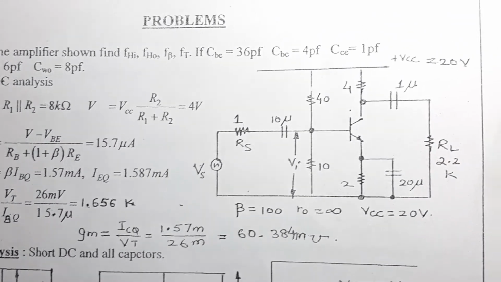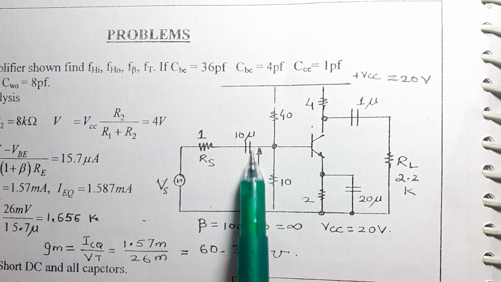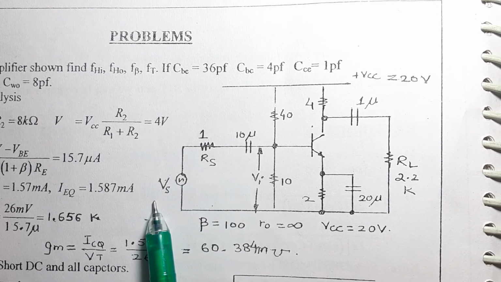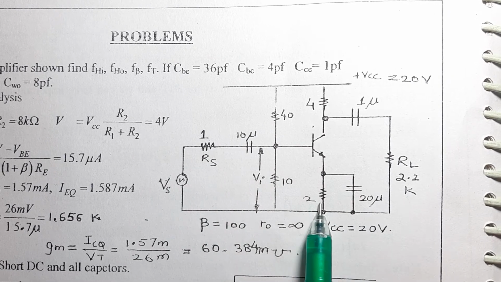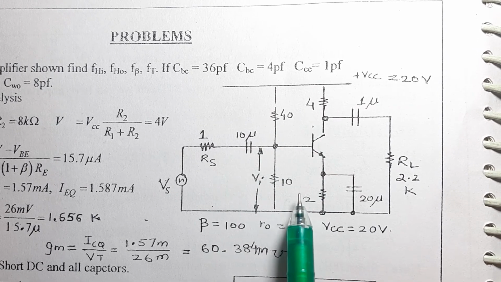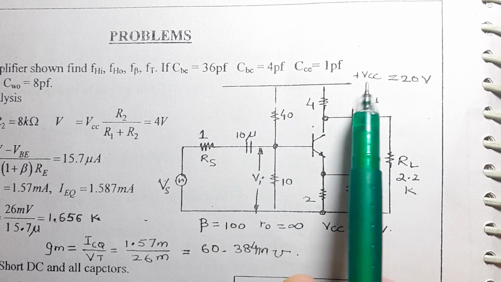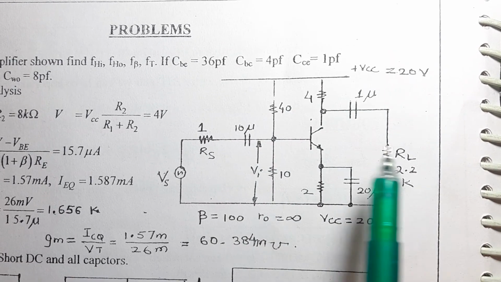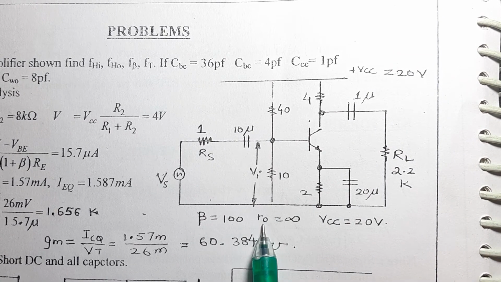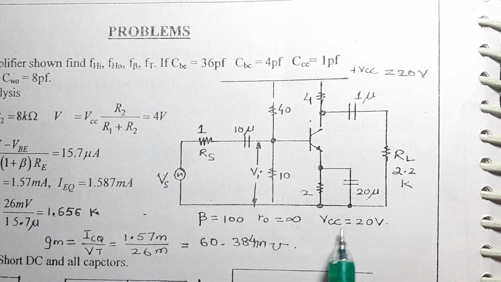Now as you can see over here, this is a simple circuit diagram of a BJT as an amplifier in potential divider bias configuration. You have your source, you have your RS and VS present, and your RE is bypassed over here. All the values present over here are in kilo ohms, hence the term K is missing from all of them. Kindly do not get confused by that. Your VCC is 20 volt, your RL is given as 2.2K, your beta is given as 100, your output resistance RO is given as infinite, so we don't take RO in AC analysis.